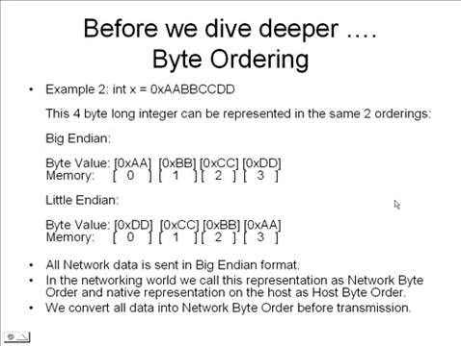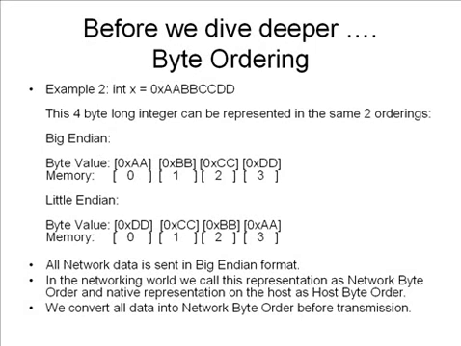Now imagine that there could be a little bit of confusion if one computer stores and transmits data in big endian format and the other in little endian format. When these communicate, there could be a lot of confusion as to which byte should be picked up as the MSB or which should be picked up as the LSB. So in order to not get into such a confusion, it has been decided that for network communication, all data would be sent in big endian format. In the world of networking, this is called network byte order. And the byte ordering on the host computer is called host byte order. Now this could be either big endian or little endian. But the point is, when we send out data on the network, we will have to send it out in big endian format.